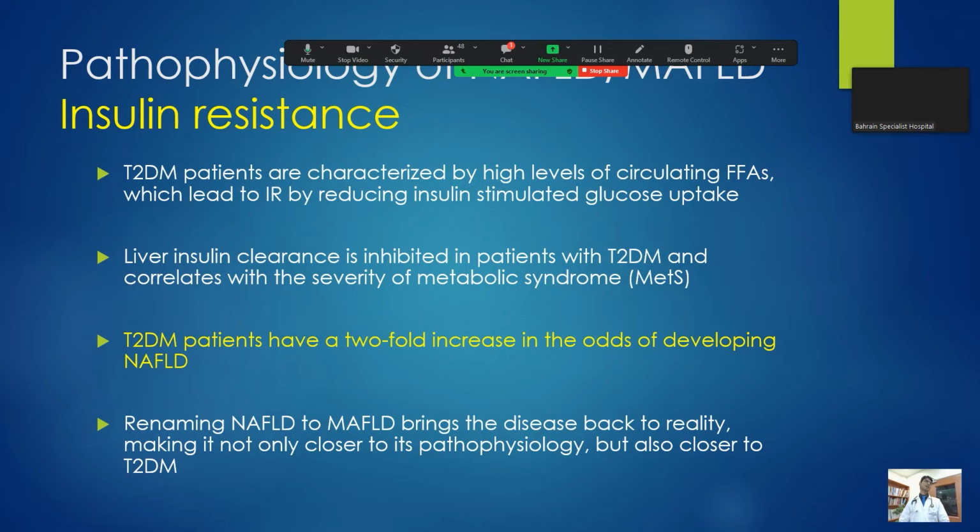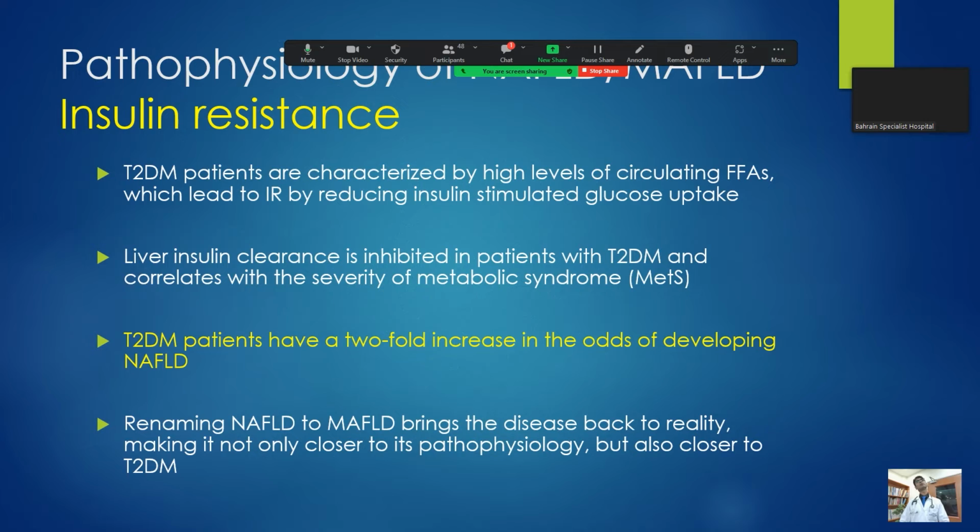And type 2 diabetes mellitus patients usually have higher circulating free fatty acids, which are going to deposit in the liver, resulting in steatosis followed by steatohepatitis. Even in those people, liver insulin clearance is also reduced or inhibited in type 2 diabetes and certain cases of metabolic syndrome. As we saw, nearly 55% of people worldwide with type 2 diabetes have fatty liver disease, and